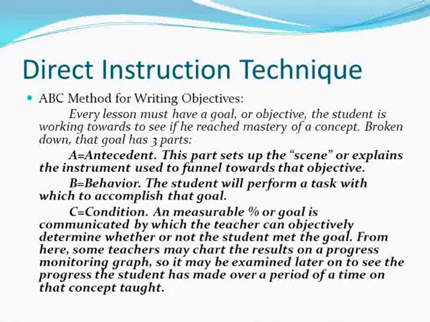The antecedent part sets up the scene or explains the instrument used to funnel towards that objective. The behavior component is telling what the student will do. The student will perform a task with which to accomplish that goal. It's observable, it's measurable. Finally, C is condition. A measurable percentage or goal is communicated with which the teacher can objectively determine whether or not the student